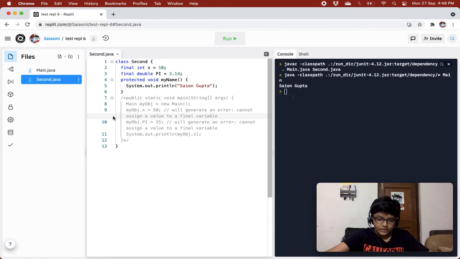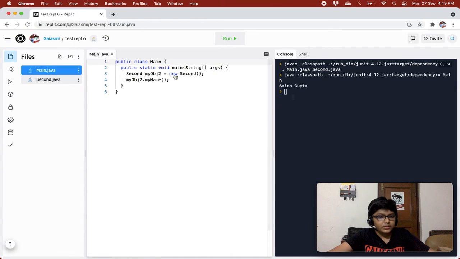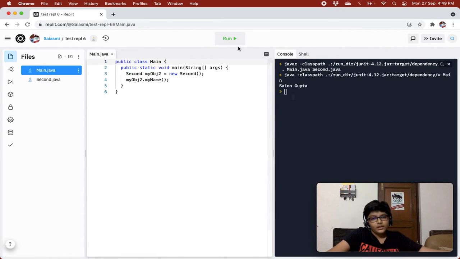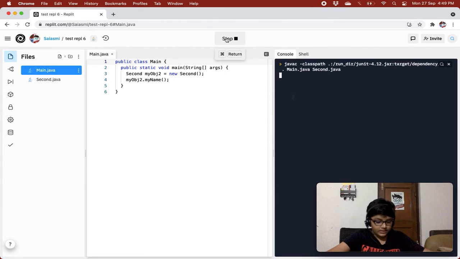And finally we have default. With default you don't need to give any modifier. The code is only accessible in the same package. So in the same package only the code will be accessible if it is default, if you don't give anything, right? That is default. So the main class is in the same package as the second class. That's why we will be able to call this my name method in the main class, because they are in the same package,